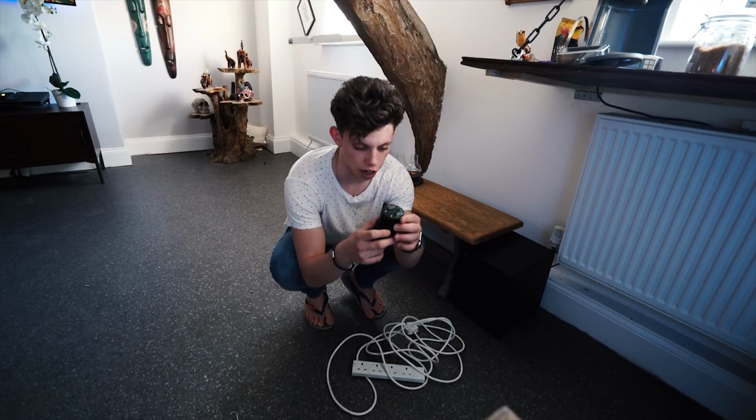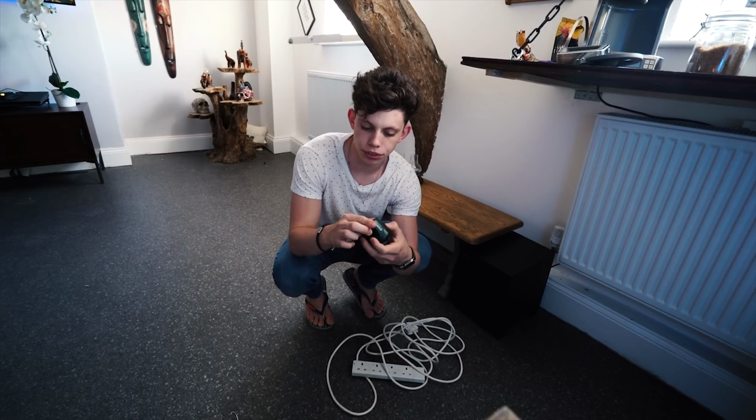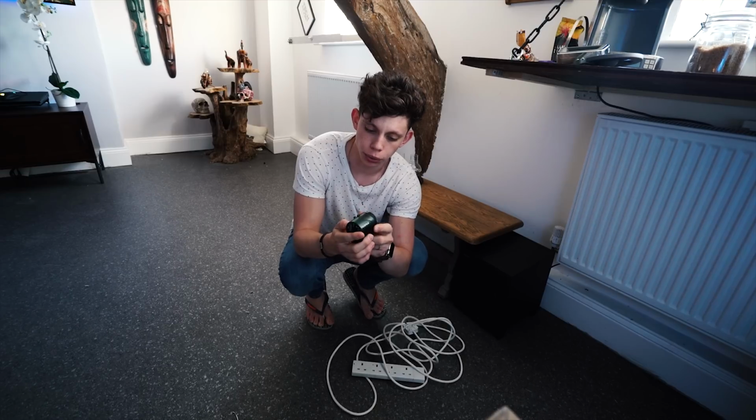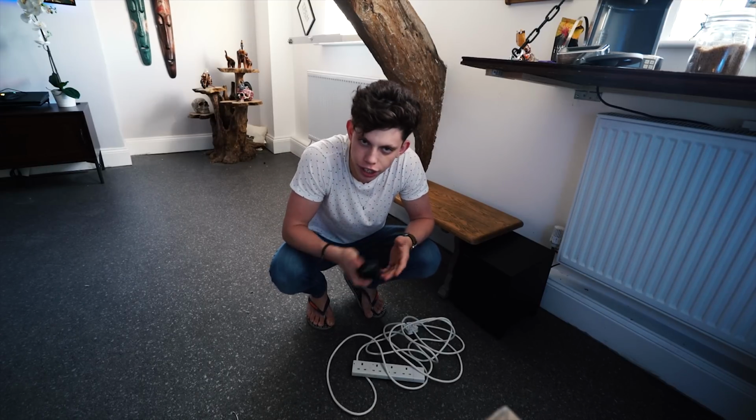You see these things, right? These are brilliant. Wherever you go in the world, you can adapt whatever plug you want to pretty much whatever plug you want. They are insane, and I recommend anyone get one. All of you get one. Anyone get one? I picked this one up on Amazon for like £5,